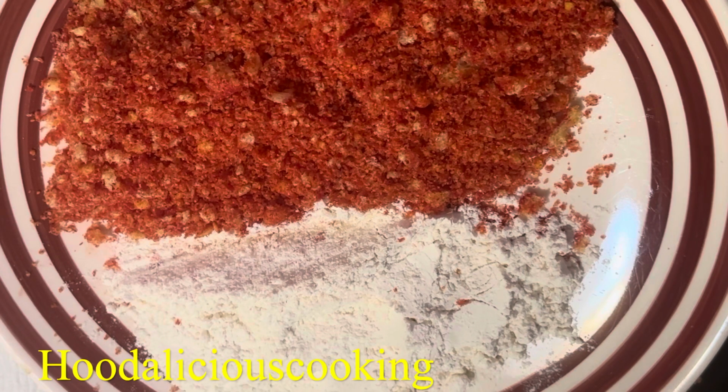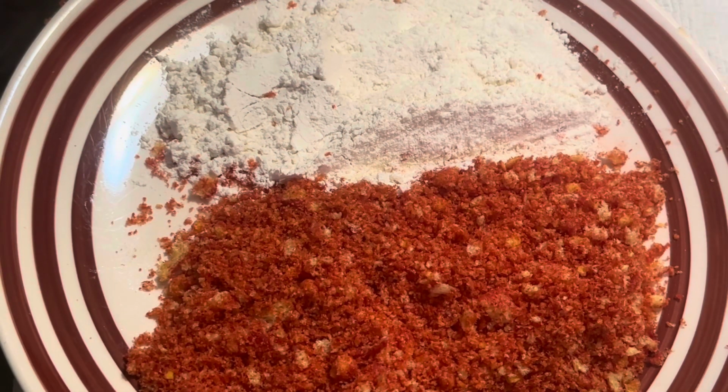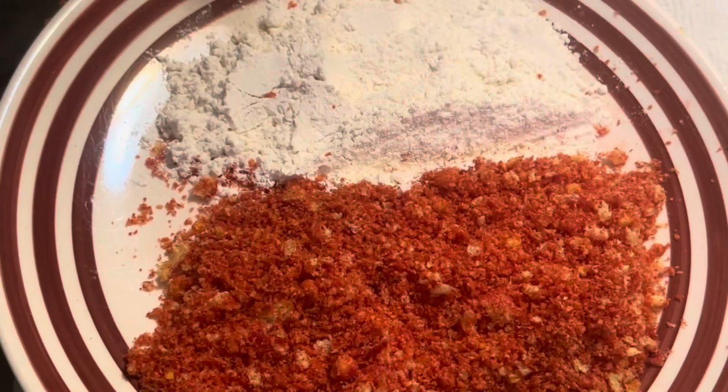Yeah, I am now making the Cheetos chicken strips. So I got the mixtures right here. And yeah, so we're gonna do a couple of strips, and what I'm gonna do is I'm gonna dip. I have my egg over here if you can see it. Yeah, I'm gonna dip some in the egg, and then I'm going to